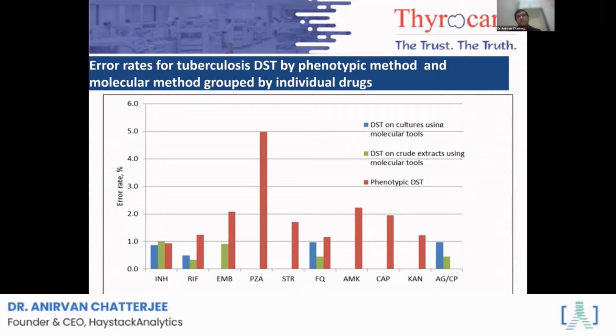because there is no one single method which is perfect for finding out this drug susceptibility. When we compare the molecular tools versus the phenotypic DST, we find that even phenotypic DST has sometimes a much higher error rate for a few drugs than the molecular tools. And we also understand that there are some phenotypic DSTs which are really, really gold standard and probably cannot be replaced by a molecular tool.